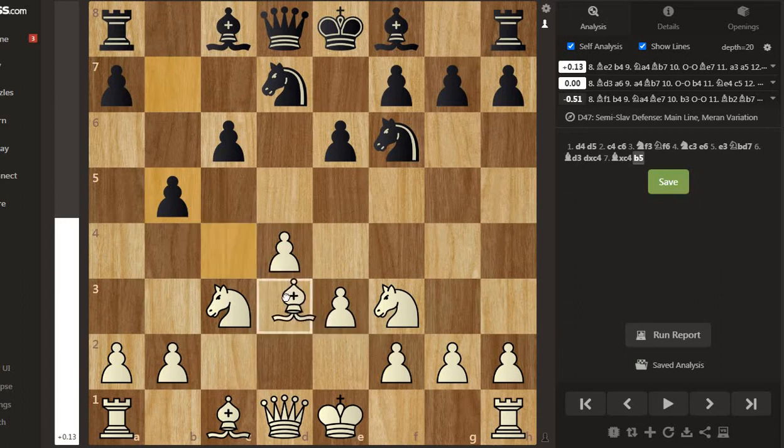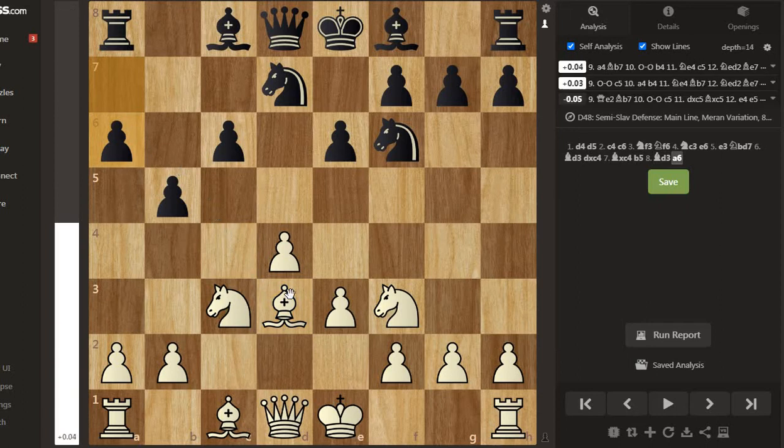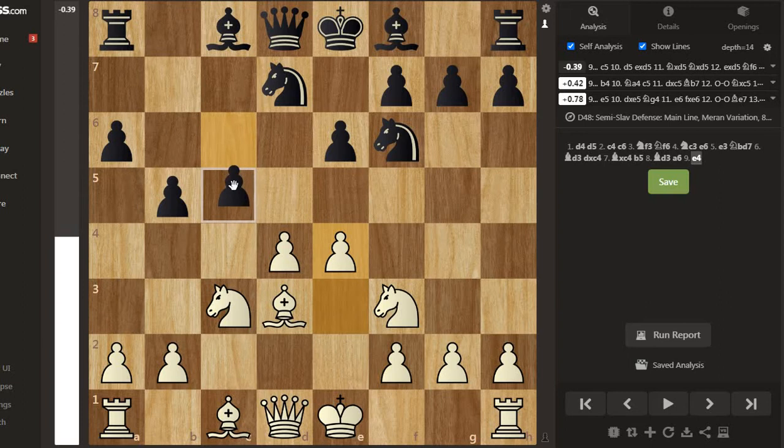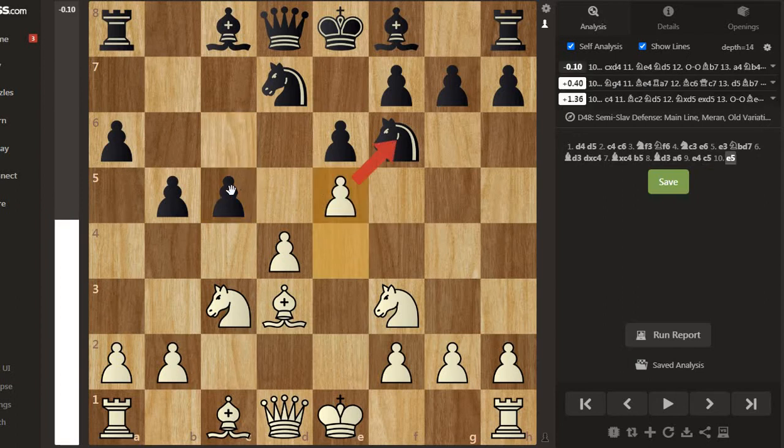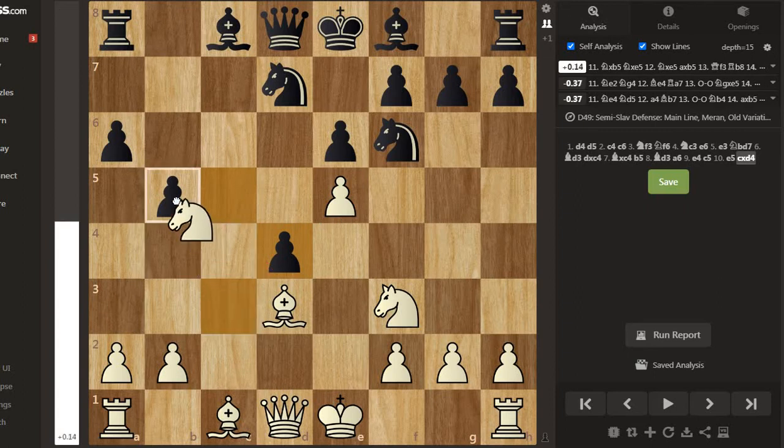And after bishop d3 there is a6 and e4, c5. This is the classic break c5 in Slav. Mostly the c5 break is the important one, and after that e5 here, and after c takes d4, knight takes